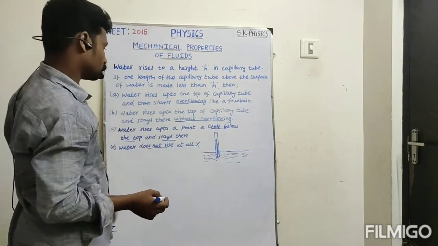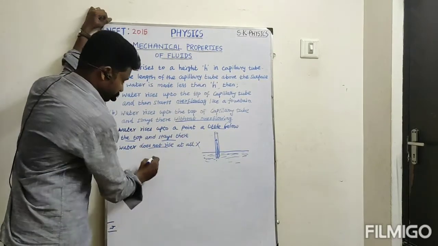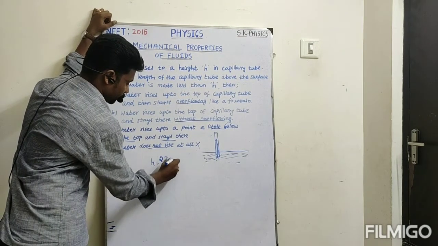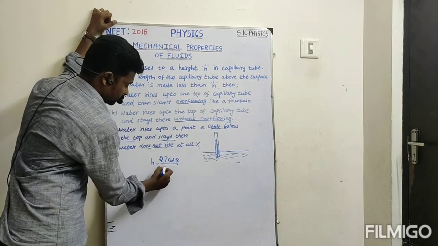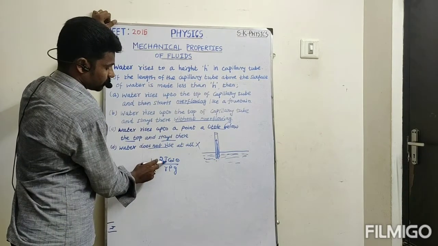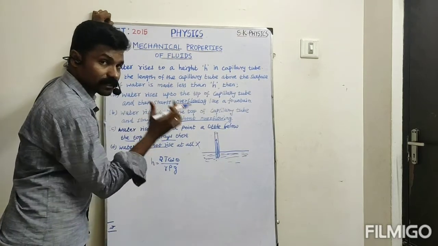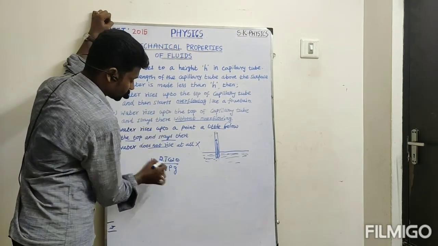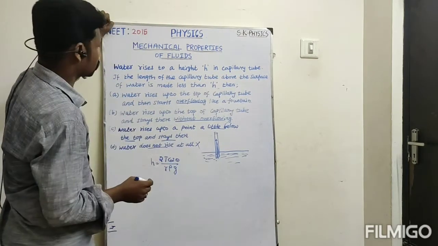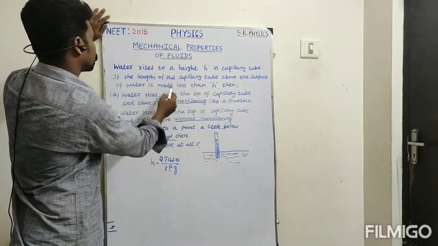Now we know this formula. That is height is equal to 2T cos theta divided by r rho g. Here T is the surface tension, theta is the angle of contact, r is the radius of the capillary tube, rho is the density of the liquid and g is the gravity. So now if you observe, they said